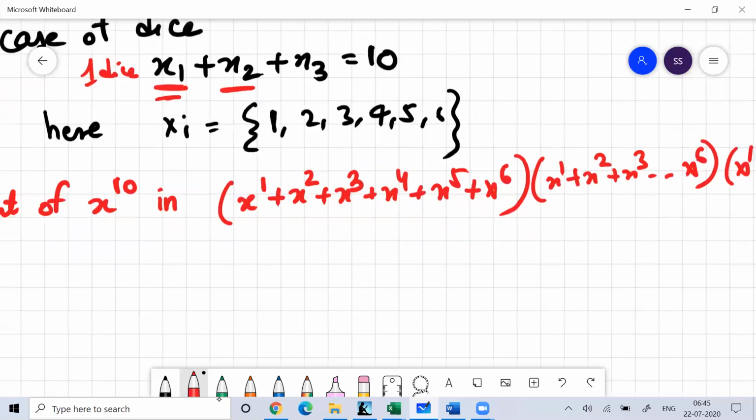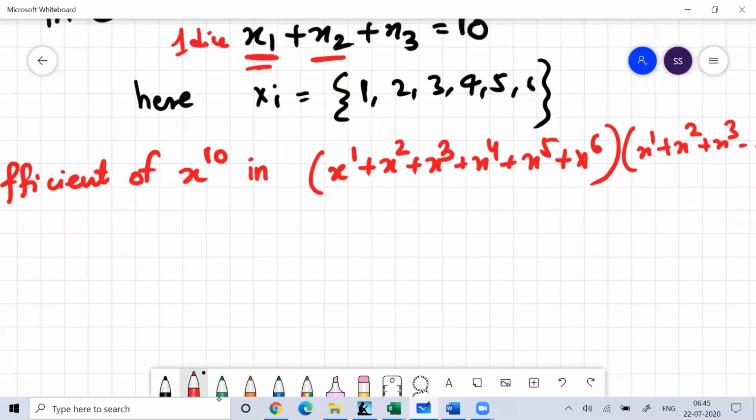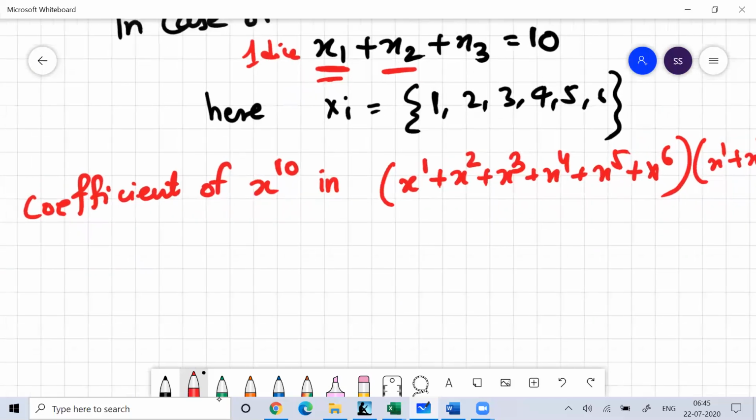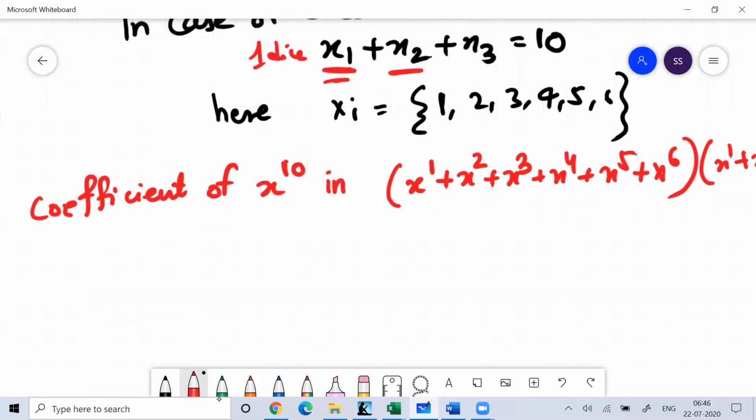So this would be the set of all possible outcomes on the 3 dice all together, where the sum should be 10. Everything, either the outcome or the set of values which that variable can take, we consider in terms of power. So now the same thing I can write as the coefficient of